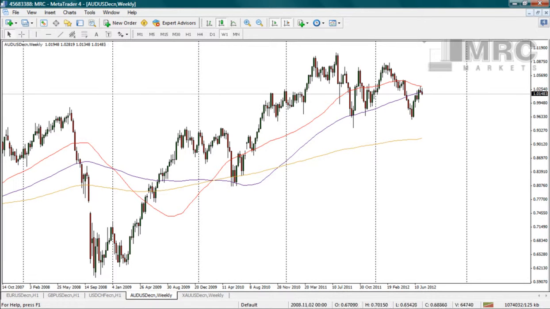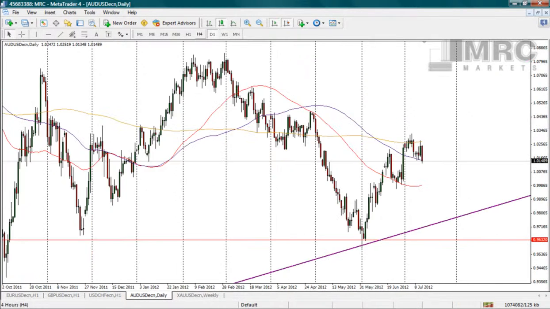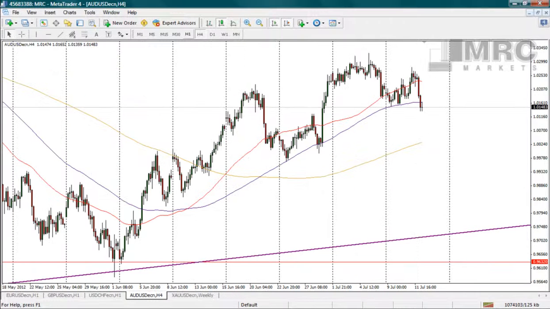In terms of the Aussie weekly chart, still in a nice solid uptrend really. We've got a nice bounce off a key level here, which is 96.32. We've spoken about that before on these webinars. In terms of the shorter term perspective,